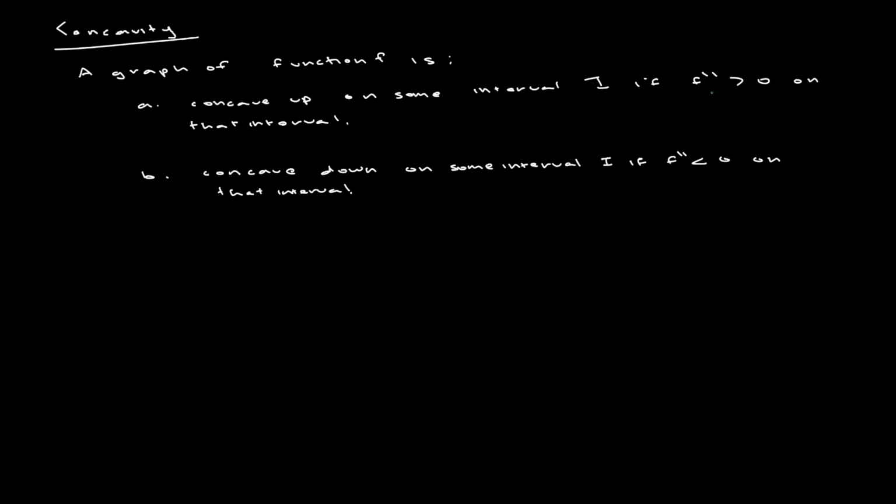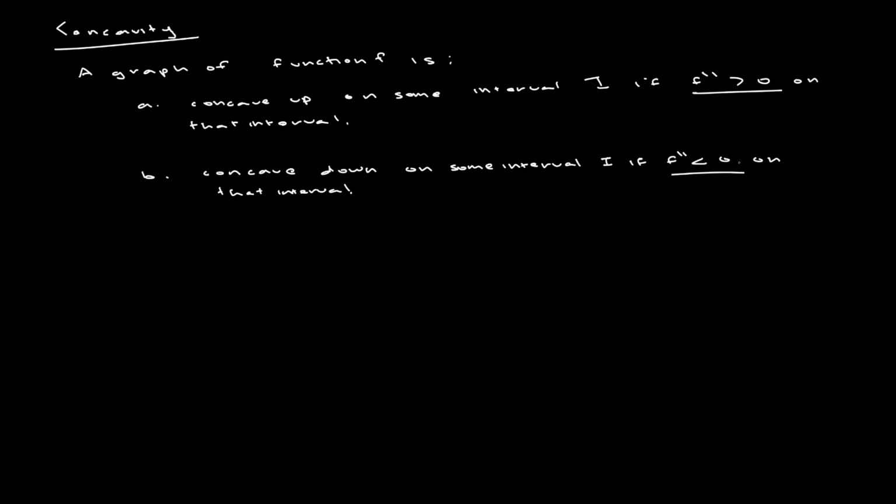Similarly, this graph is concave down on some interval if f double prime is less than 0 on that interval. So we see that the concavity of a function depends on the second derivative of the function, and essentially